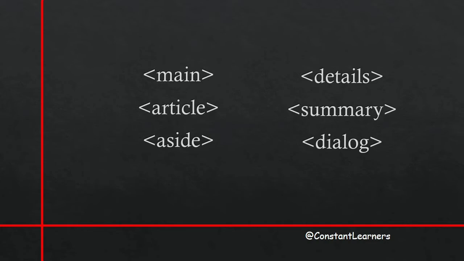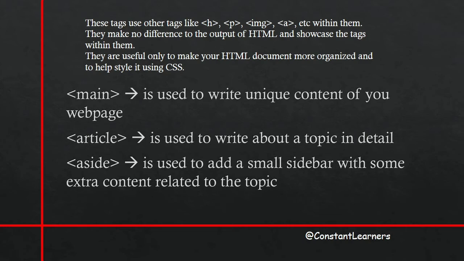In the previous video, we saw the difference between the div tag and the section tag. I will link that video above. In this video, we are seeing 6 new tags. All of these tags are quite related to each other, but they have their own purpose in the HTML. First 3 tags that we're going to compare are main, article, and aside tag.